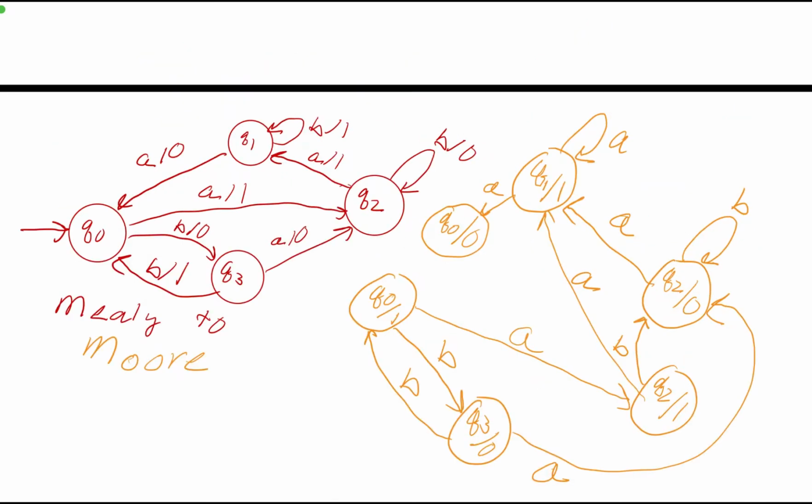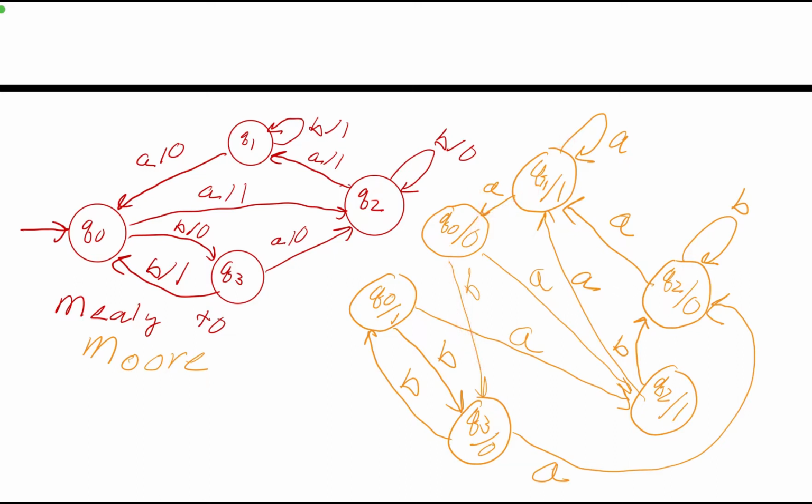Now we have to be careful because now we have two copies of this state, and they both need A and B exits. We already have the A and B exits for the one out of the state that produces a 1, but we don't have A and B exits for the other. They're going to go to the same place. We just need to copy them in. So when we get an A here, we want to go there. And when we get a B in this state, we want to go there. Now that we have all of the edges and every state has an A and B exit, because a finite automata needs that,